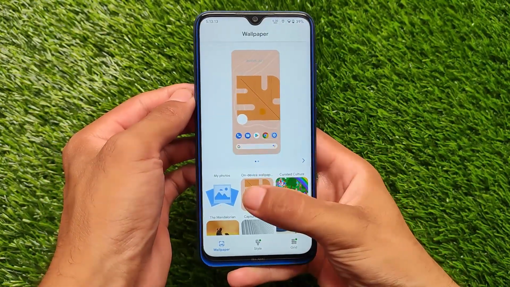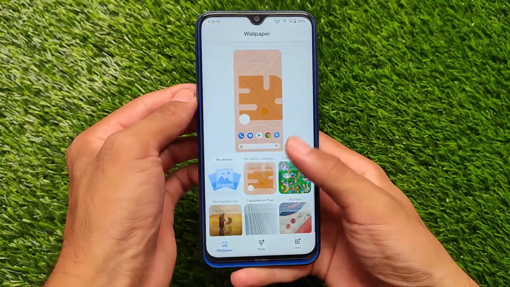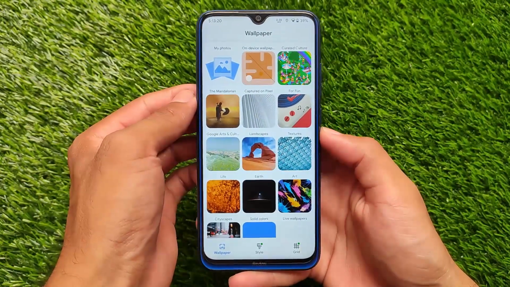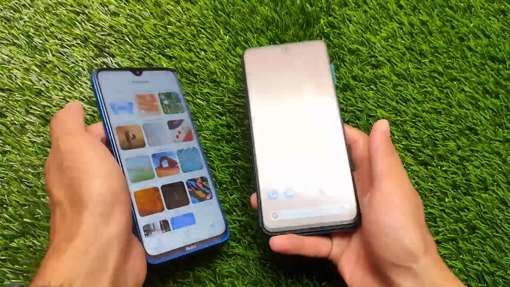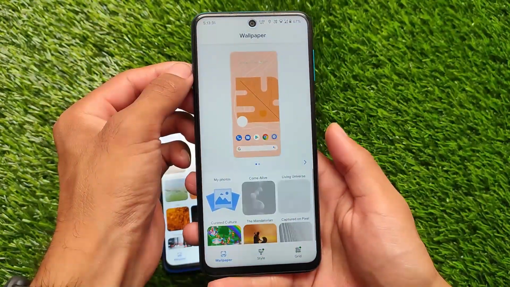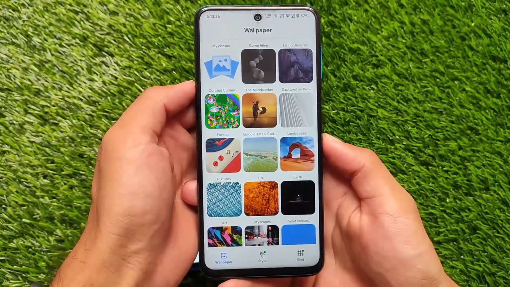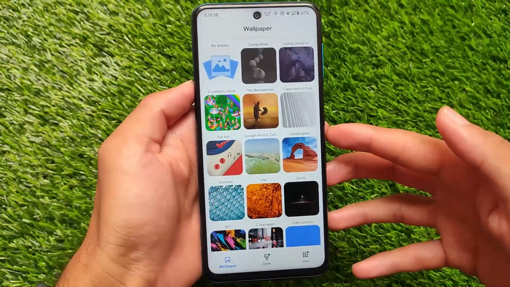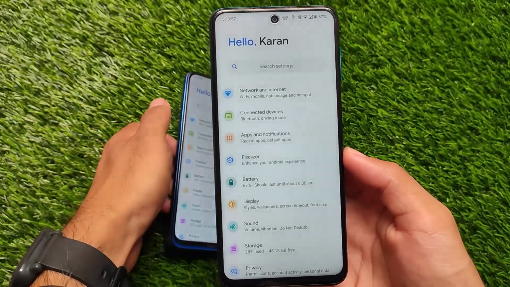Talking about the default wallpaper in Redmi Note 8, you have this on-device wallpaper and not any kind of live wallpaper. All these wallpapers are still wallpapers, but compared to this Redmi Note 9 Pro build, which is a Miyatool build, here you have these live wallpapers available, and the live wallpaper is the default wallpaper, but you don't get that still wallpaper pre-installed. The default wallpaper in Redmi Note 8 was different, but Redmi Note 9 Pro does not have that default wallpaper.